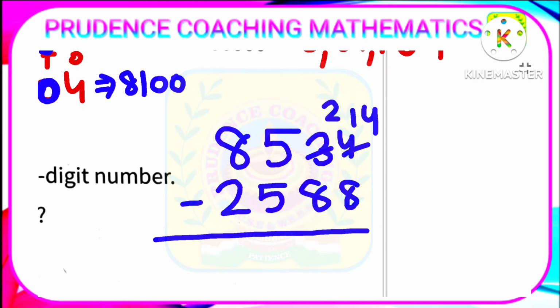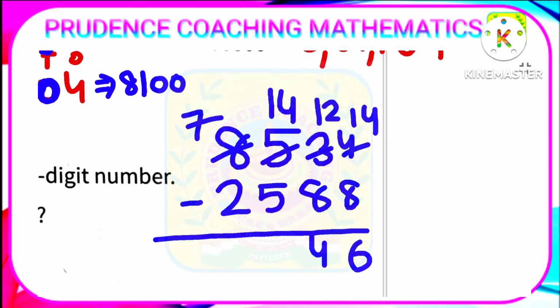2 minus 8 is not possible, so we need to assume it to be 12 and we have taken 1 from this 5, so this is 4. 4 minus 5 is not possible, so we need to borrow 1 from here, that is 8, so this will be 7. So now 14 minus 8 you are getting 6. 12 minus 8 is 4. 14 minus 5 is 9. 7 minus 2 is 5. So we are getting